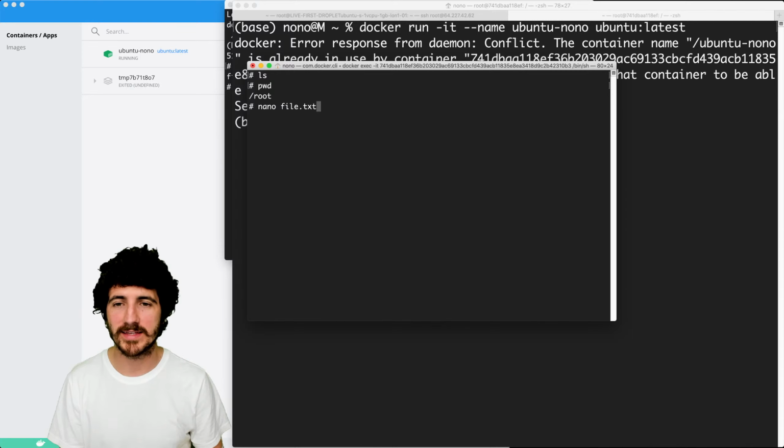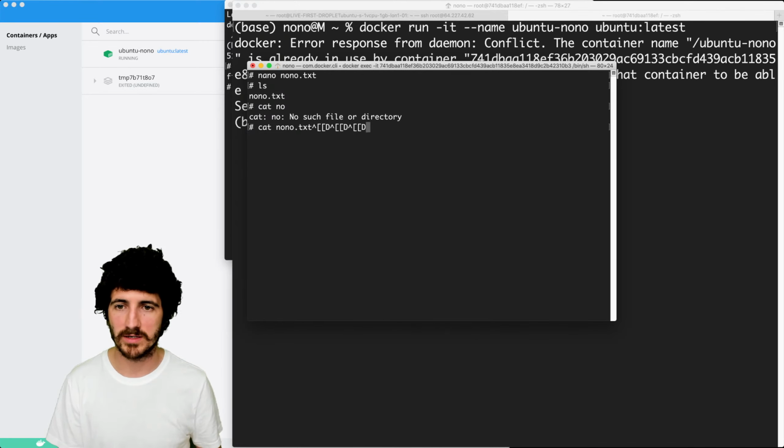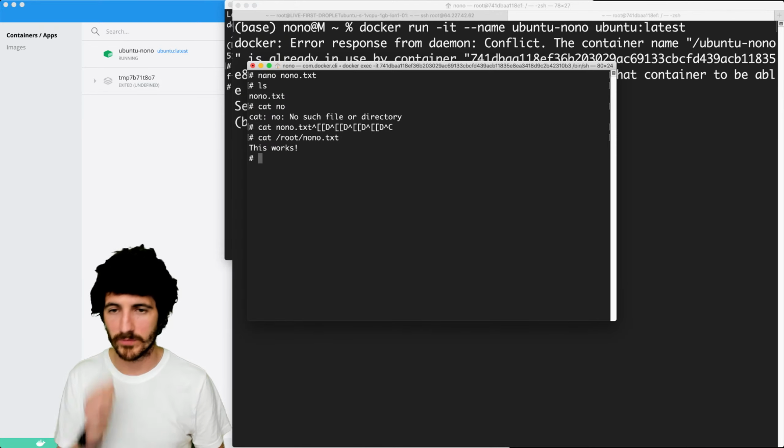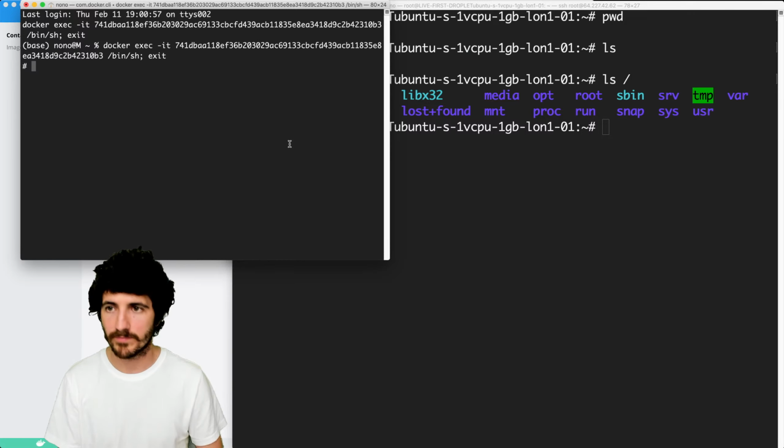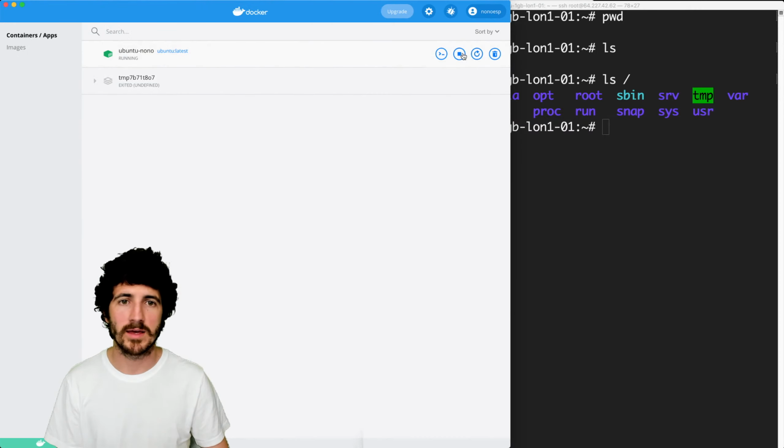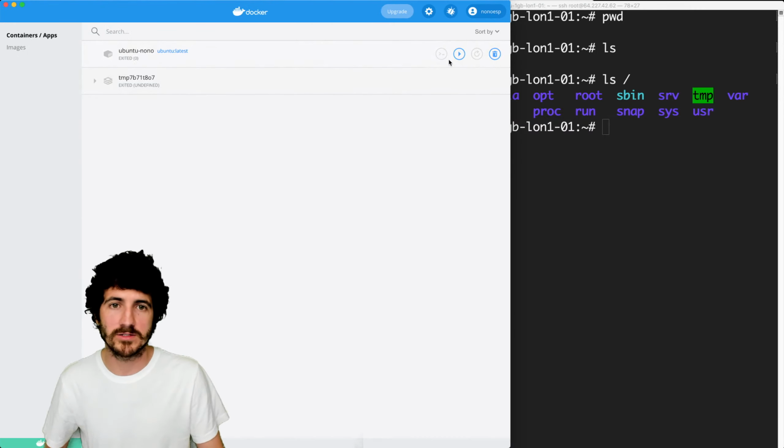So we're gonna create the file.txt, or maybe to make sure it's different, nono.txt. This works, and then I close, and then that file's there. You see the contents, cat nono.txt, which is actually at root. This works. So if I now exit, I'm exiting this thing, and the container is actually still live. We haven't told it that if the command line leaves, it has to close. So we can get here, we see that the nono.txt file still exists. I can terminate this thing, and I can stop the container. So once this container is stopped, let's see if it maintains its memory.